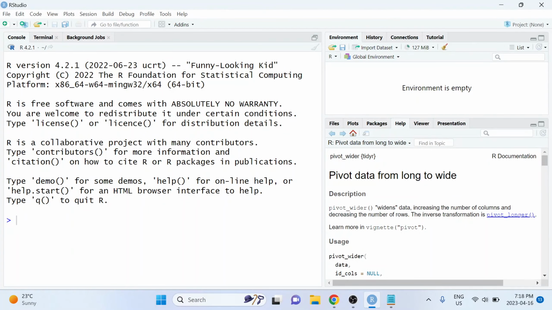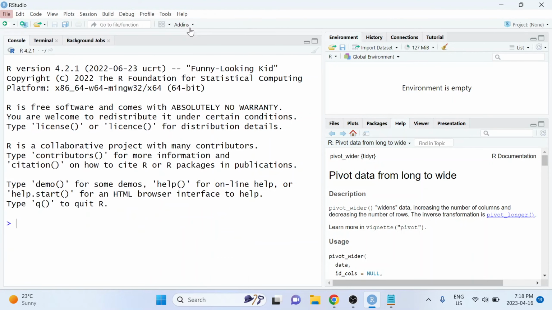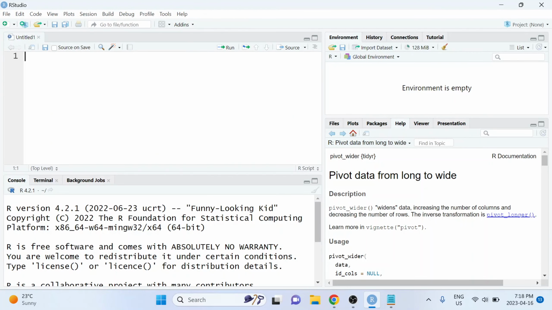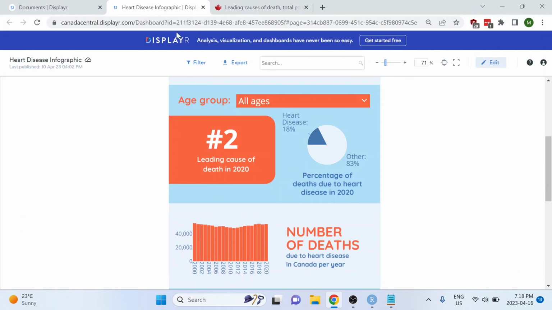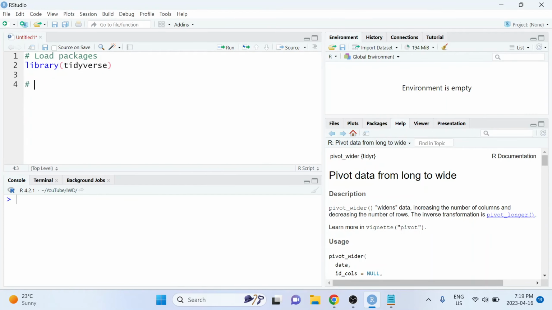Next, we're going to pop into RStudio and create a new R script, and we're going to do some data cleaning in order to get the data into a format that can work with this tool for creating infographics. The most difficult part of using this tool is getting the data in the correct format, so that's where I'd like to start. First, I'm going to load the tidyverse, and next I'm going to load the table that we